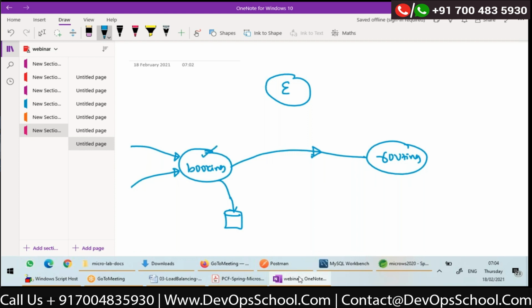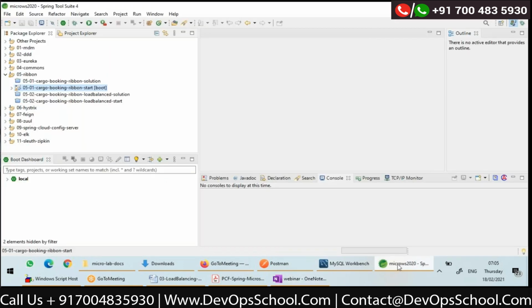And yesterday I hard coded the URL of routing service in my booking app because there was only one instance. Now today we are going to start 2 instances or 3 instances of routing service, and we'll see how booking service can look up Eureka, get the data about all the routing instances, and use load balancing to select one of the routing instances, get the URL, and then hit it. Let us see. So first of all, how to look up firstly, okay?